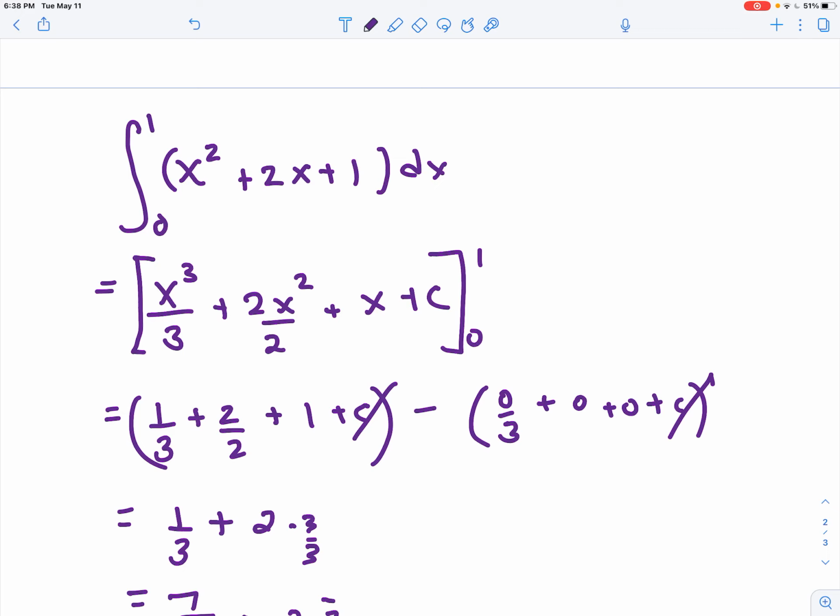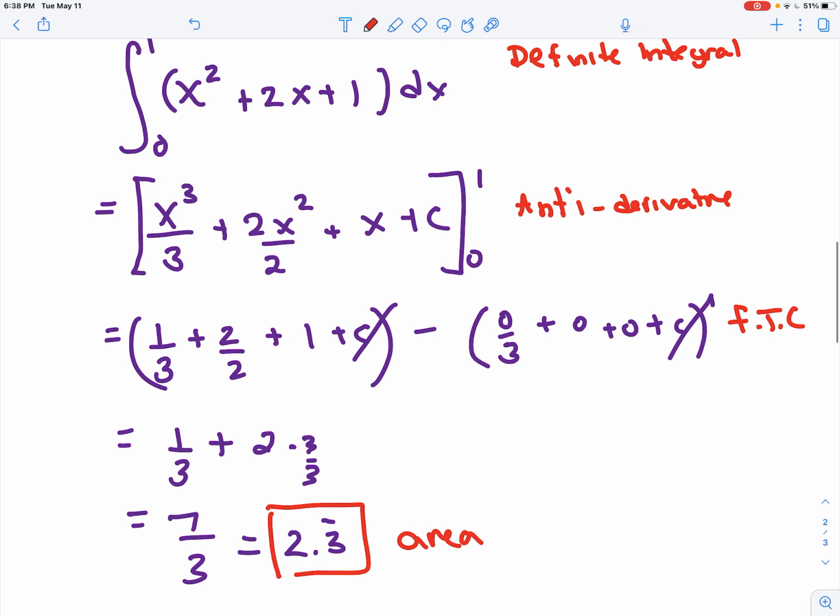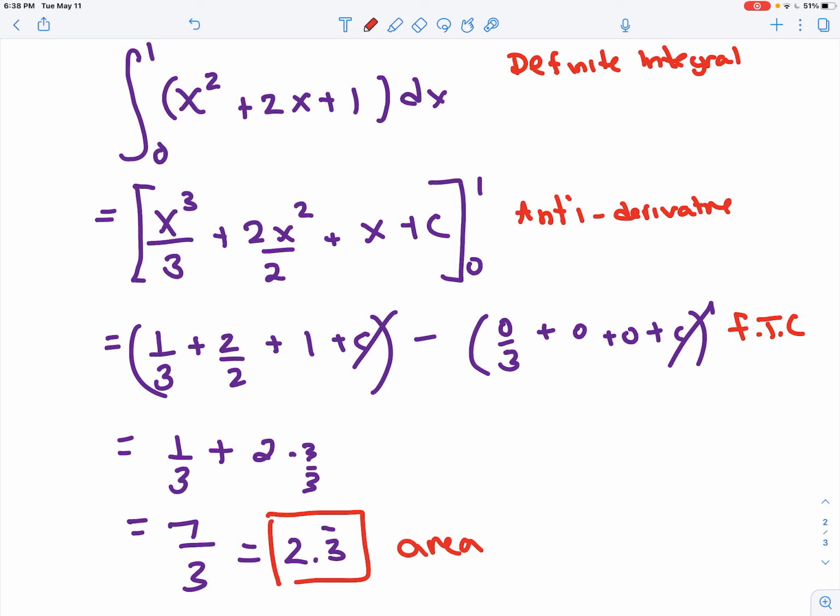Okay. And I'll just label the steps here. So this is a definite integral. And this is the antiderivative. And this is the fundamental theorem of calculus part. And then this is the area. We don't say it's area unless we're asked. Like, this is also just the answer mathematically to that question, but it could represent area. All right, well, hopefully this helped clear up